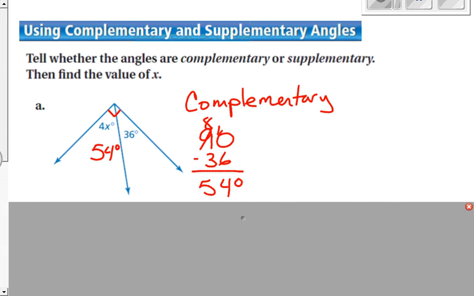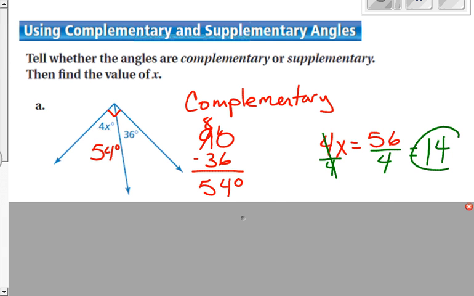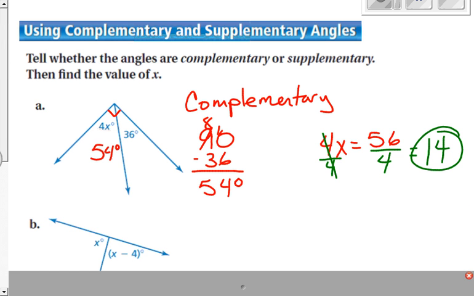Now that's not x, that's the whole angle. So now we know that 4x equals 56 degrees. So what we're going to do is divide both sides by 4. And we know 4 goes into 5 one time, 4 goes into 16 4 times. So we know x equals 14 degrees. So our answer is complementary and 14. The next question